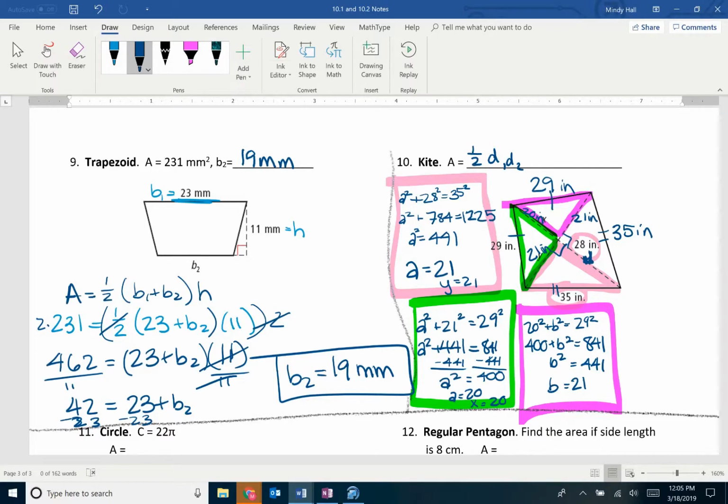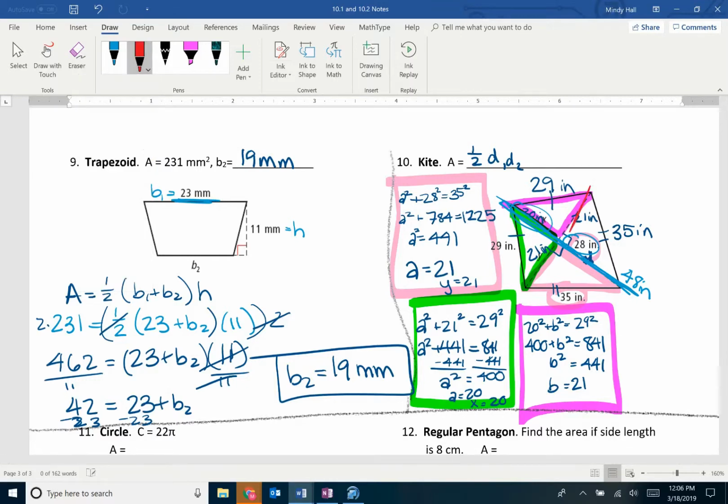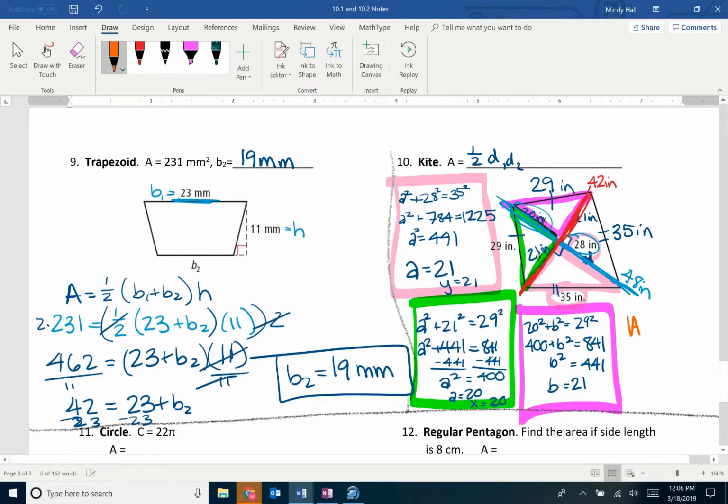So looking at this, you're going to have to find the lengths of the full sides. So this full side is 20 plus 28, which is 48 inches. And then, we'll use a different color, we'll do red. For this one, it's 21 plus 21, which is 42 inches. So then, plugging it into the actual formula, which I know some of you are probably like, oh my gosh, we're still not done. But we have area,